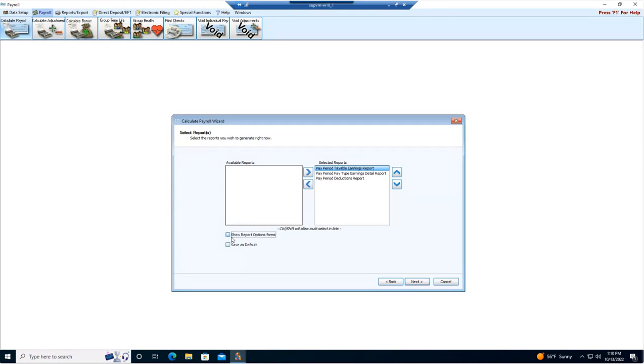So basically, if you're wanting to print the reports, but you don't want to have the options, you can save yourself some time and mouse clicks by unchecking that. Okay. And again, you can save selections here as default. All right. So let's go ahead and take off our taxable earnings report, and we're going to